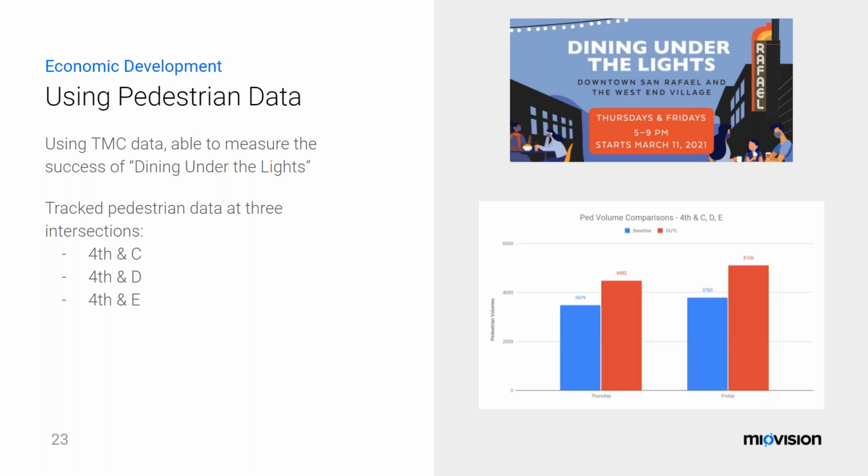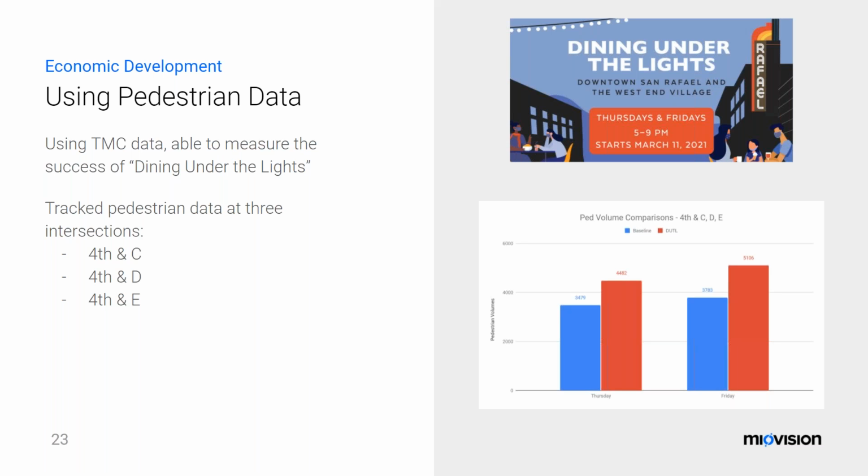So basically what they did was they started shutting down one of their downtown streets, 4th Street, between a couple of intersections, to open up these businesses so they could have a bigger patio into the street, so they could attract more people, hopefully encourage people to walk there and to frequent their businesses. So I was able to immediately see that in the data, and I just wanted to see what impact that had also on pedestrian data.